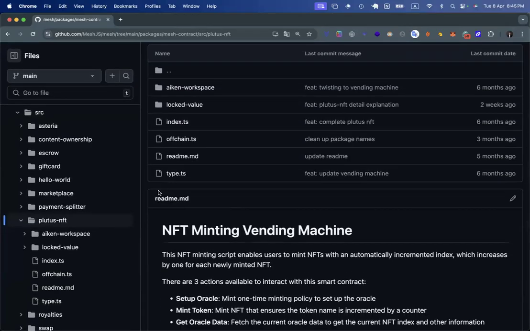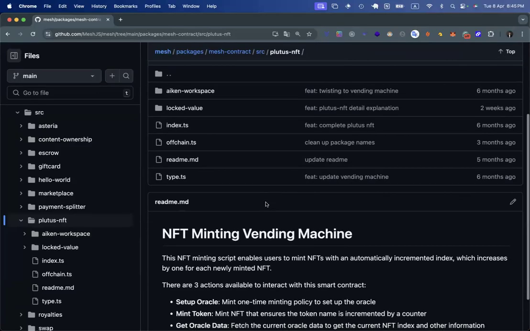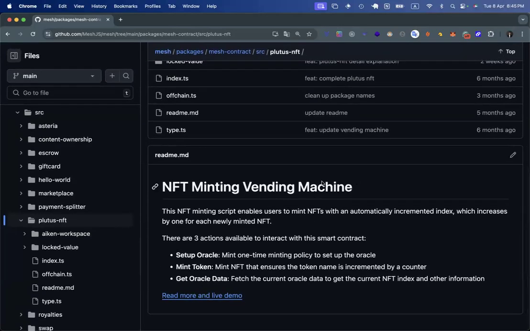So perhaps that's a little bit abstract. Any questions from the floor? And before I move on to what exactly this contract does,